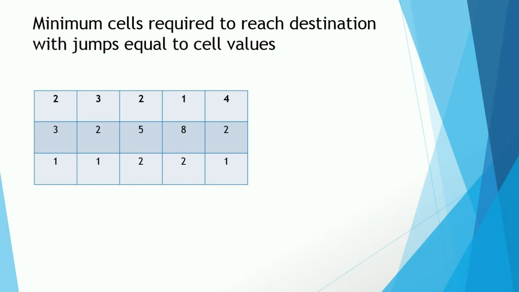If the value at a particular cell forces you to get out of the matrix and no other way is possible, then you should print -1. This means that there is no way of reaching the last cell of the matrix from the first cell. We will construct an algorithm using the dynamic programming technique to solve this problem in the DP framework.